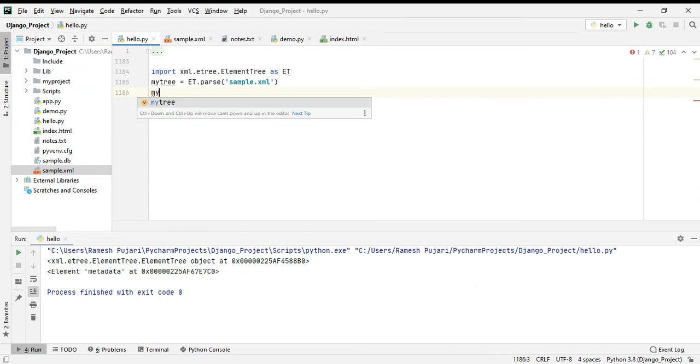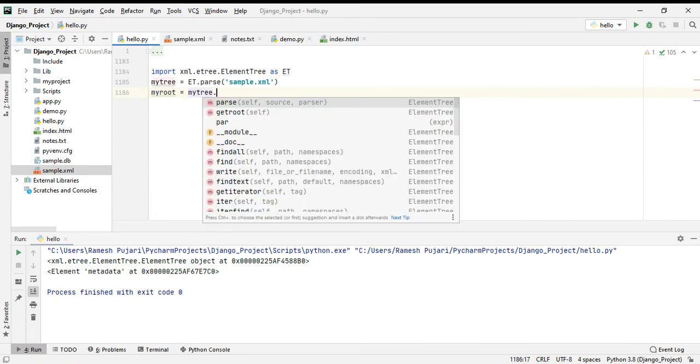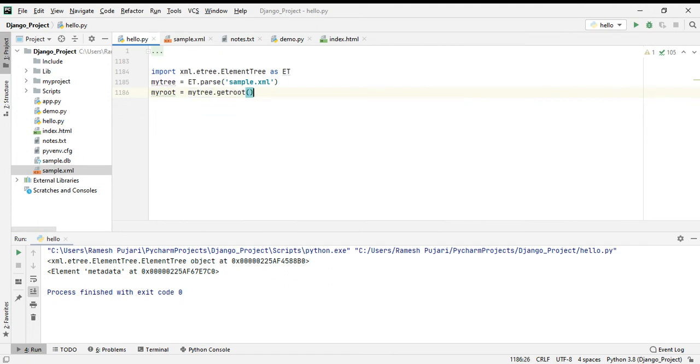I will take a reference variable called my root, and by using my tree I will call getroot, and I am storing it in the my root variable.